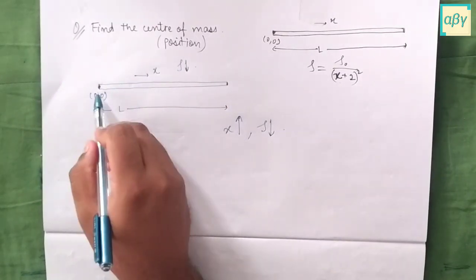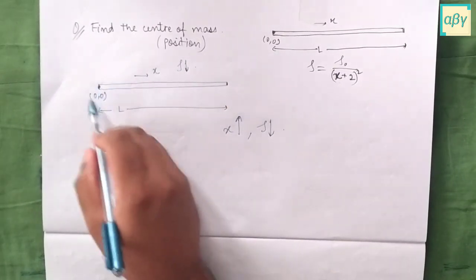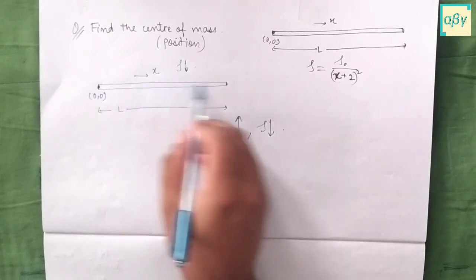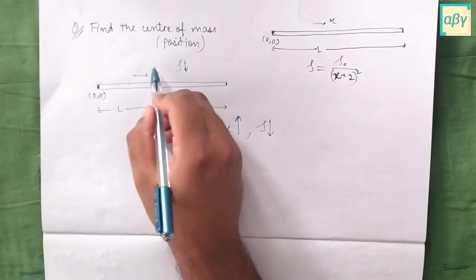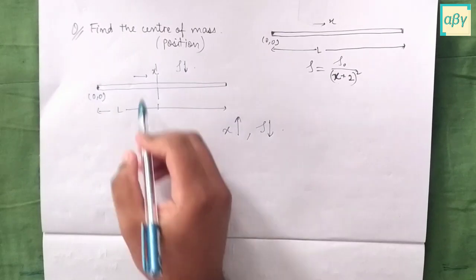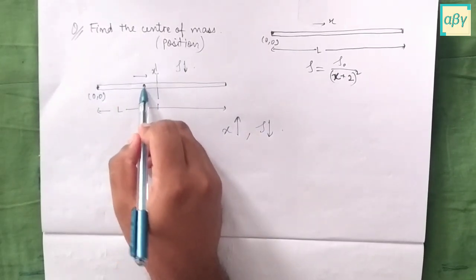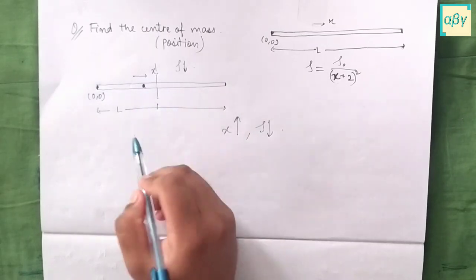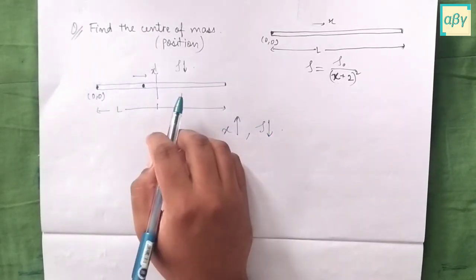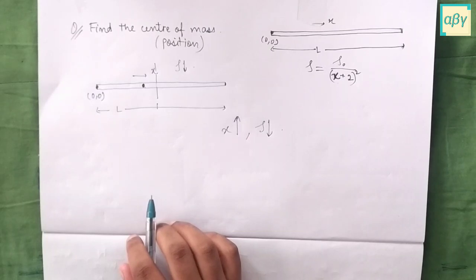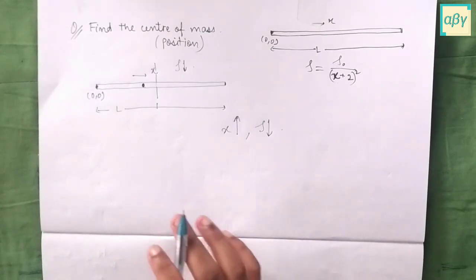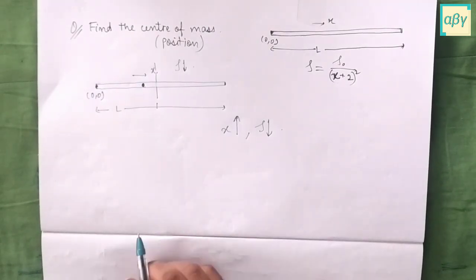So at the left end of the rod, a large amount of mass is concentrated as compared to the right end of the rod. So as more mass is towards the left end of the rod, your center of mass shifts from the center to this point, which is towards the left end of the rod. So this was some common sense. This common sense is actually required to check the answer which you will get through calculations.